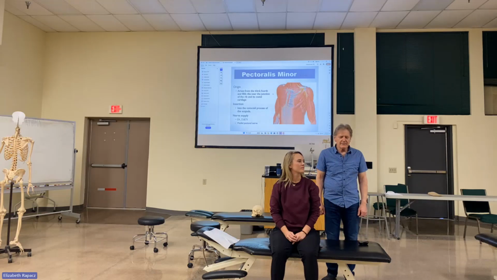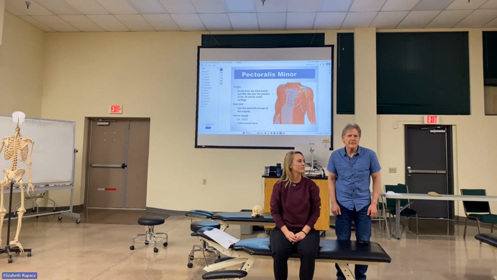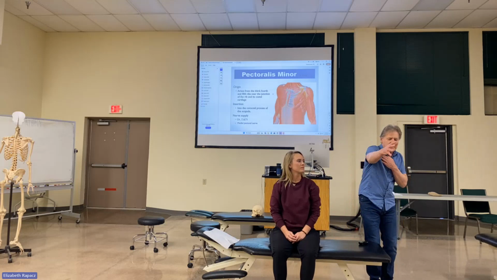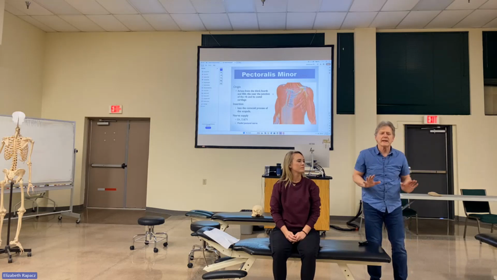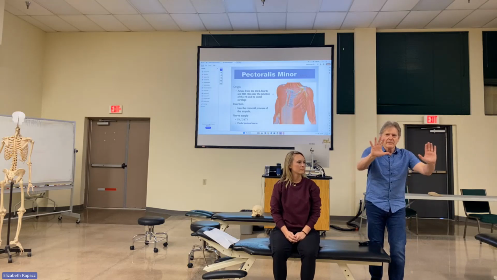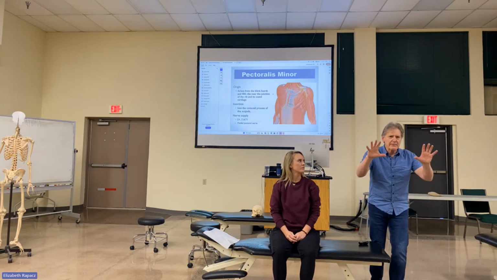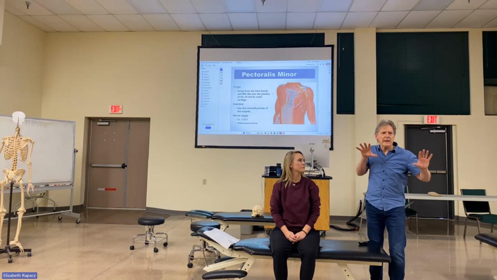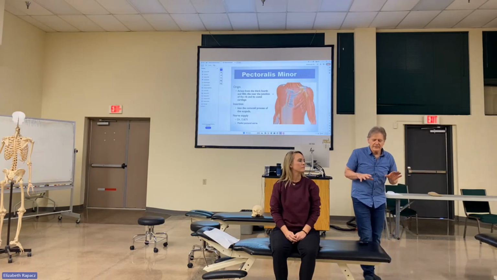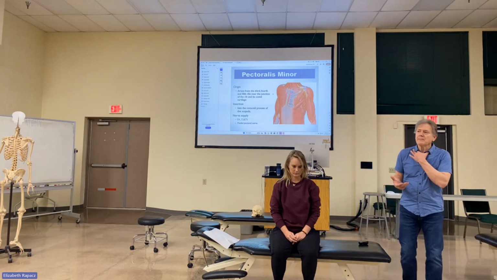That kind of thing. But it's the muscle that protrudes the shoulder. So if you're reaching forward like that, it's protruding, but then it's also stabilizing. If you're doing push-ups or anything like that, pushing out, the pec majors are doing the big movement, but the pec minors are keeping the scapula from going back this way. So a lot of brachial plexus issues I find with